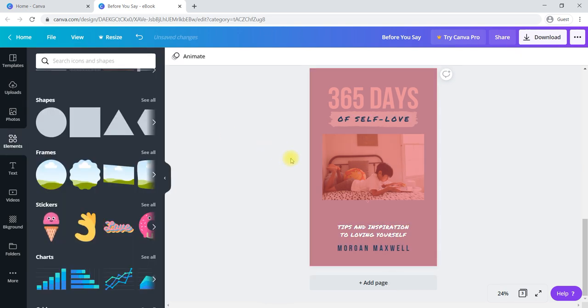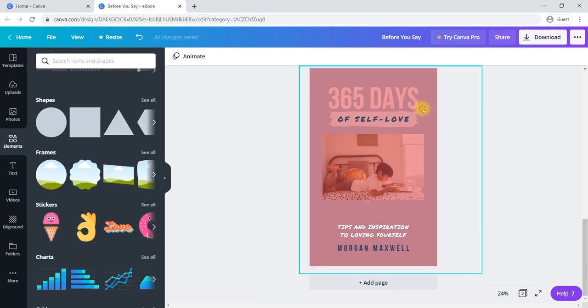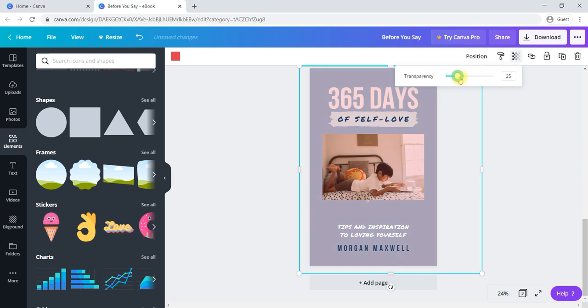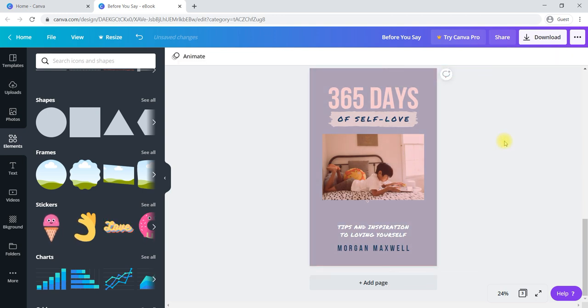It will give a better visualization for the cover. Like this we can mask, and we can change the transparency, so that you will have a different look for your entire book. This way we can create a book cover.